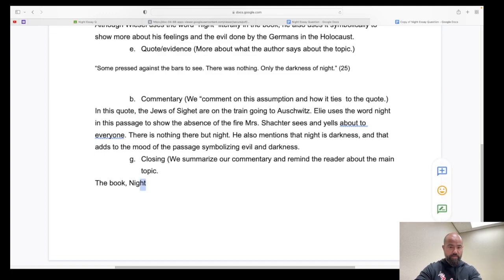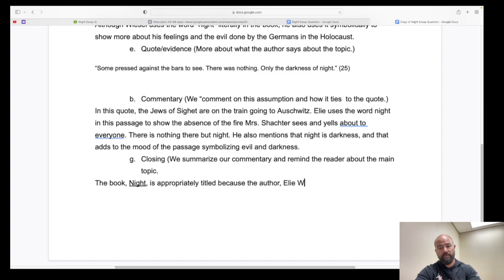I need to underline that because I'm using a book title. Bless you. Is appropriately titled because the author, Elie Wiesel,